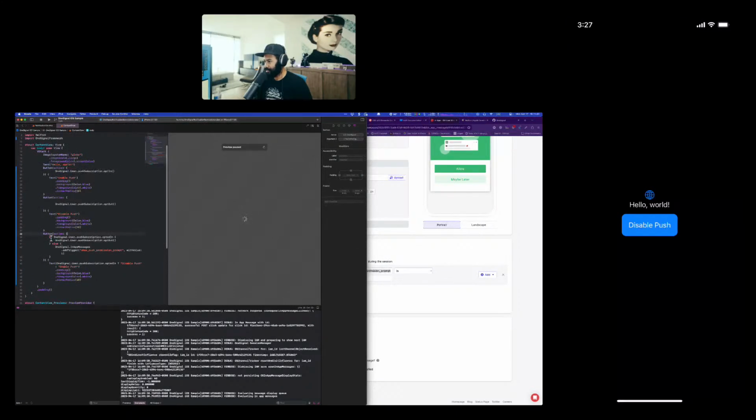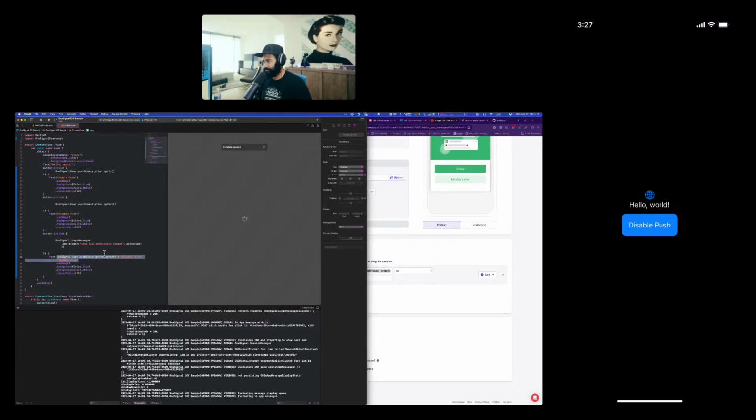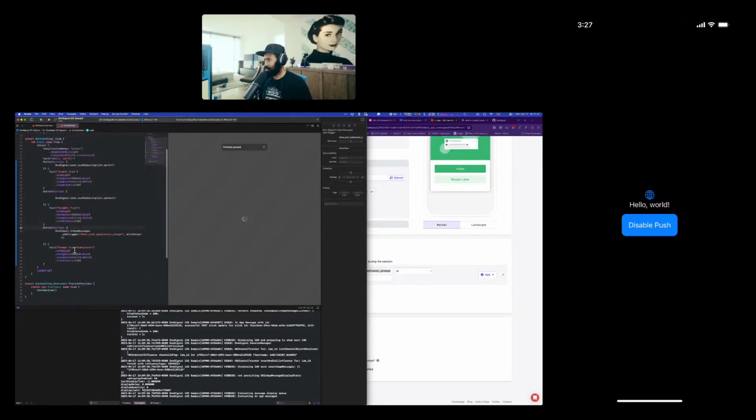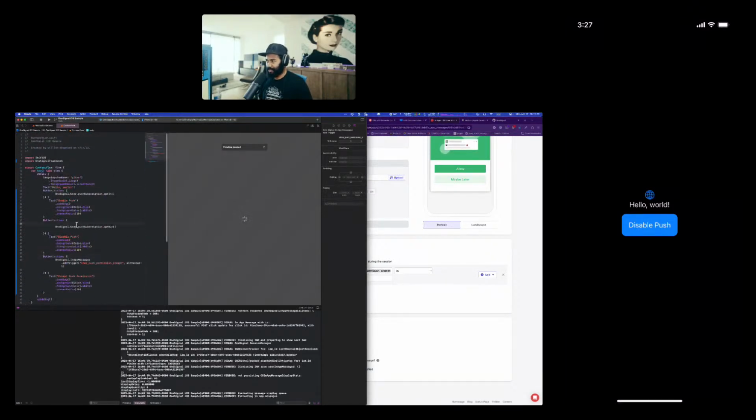All right, and then this last one, I'm just going to do my in-app message. We'll call this prompt for push permission, or prompt push permission. It'd be dope if it automatically formatted itself on save.